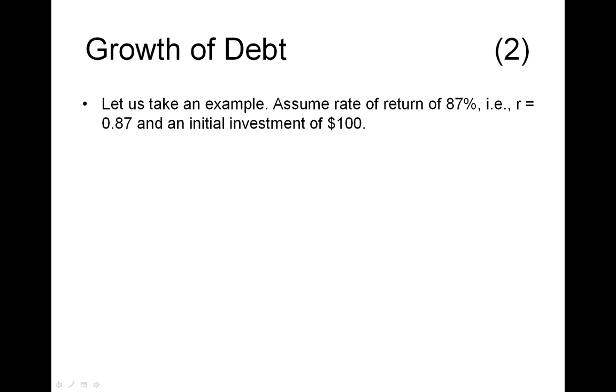So let's assume a rate of return of 87%. Why? Because I've looked across sites, and this is typically the highest I see sites offer. So a rate of return of 87%, which is to say that R is 0.87. And let's say we make an initial investment of $100. Why $100? It doesn't really matter. This is just for the sake of example. I think it's a reasonable amount to invest where one is trying to make substantial profits, but it's not too risky at the same time.